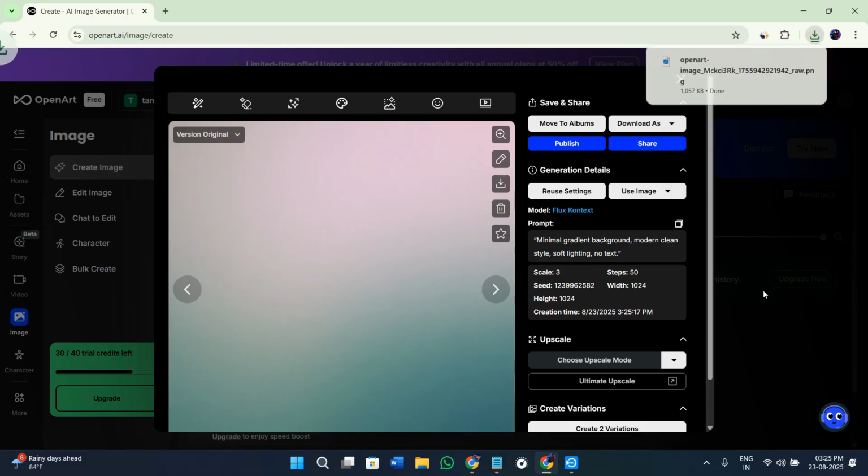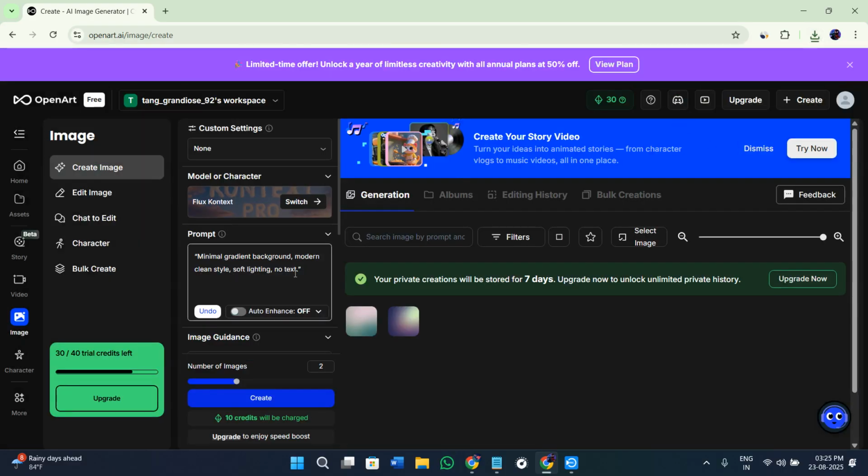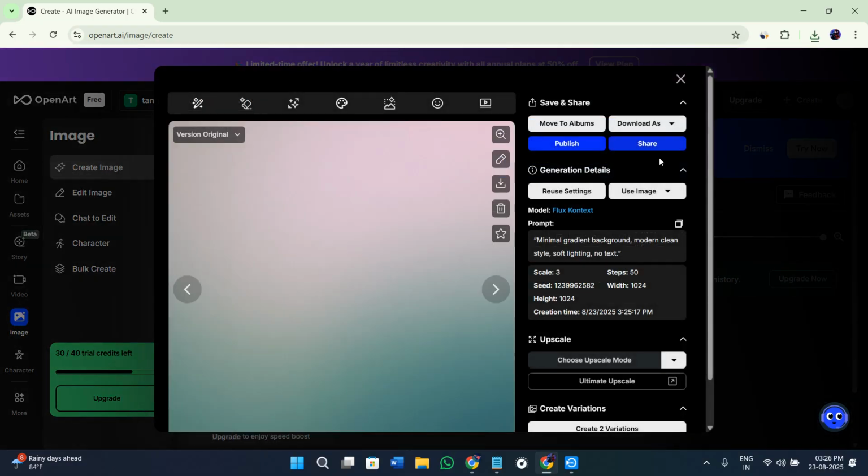Now you can use Canva in order to add text on top of it, or you can also use OpenArt AI feature in order to add the text. So you can type something like add any particular text on top of your background. Then you need to again click on the option of create in the bottom. So once you have your template ready, you need to download it from here, and now you can use it